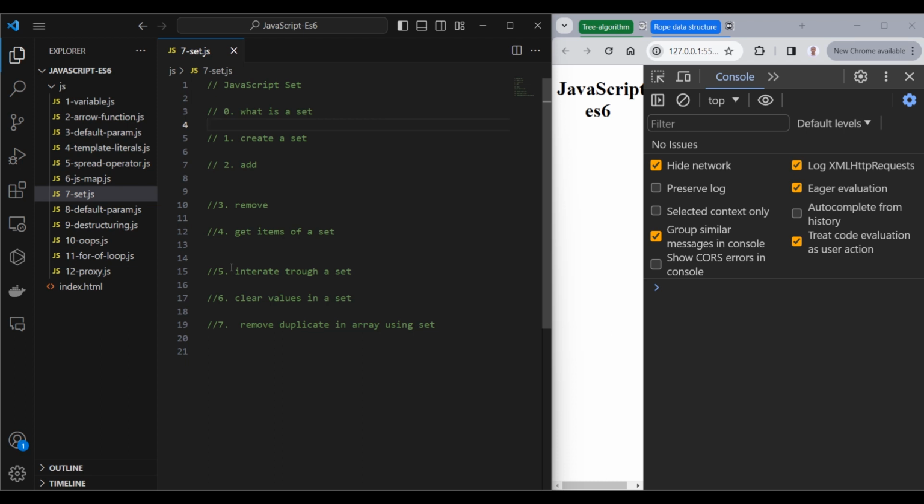Hi everyone, in this video we're going to talk about set in JavaScript. We are going to see what is a set and how to implement it. I'm going to walk you through all these steps that you can see here, all these 7 steps, but also